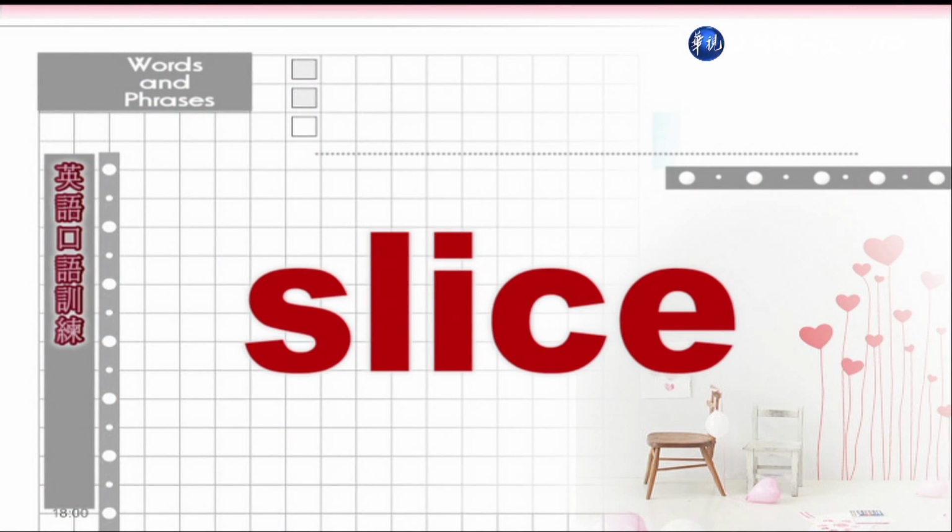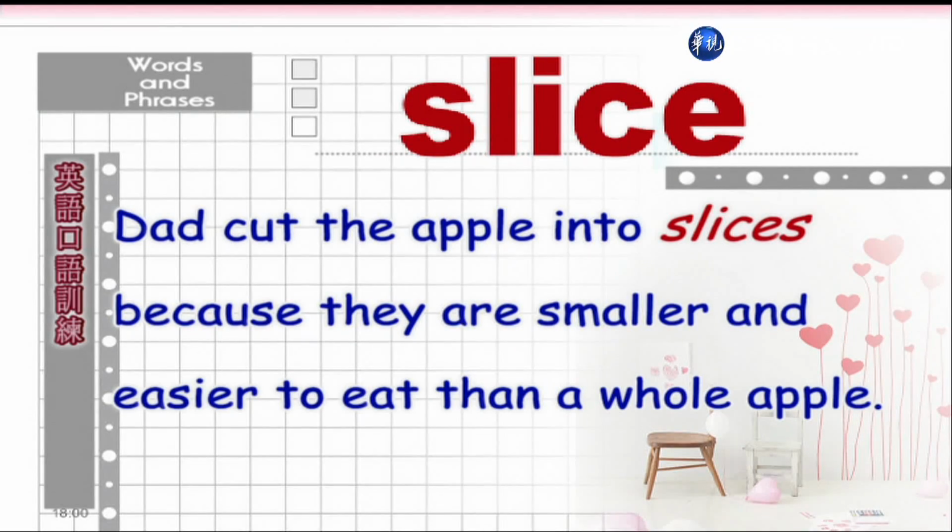Slice, slice. 片状。Dad cut the apple into slices because they are smaller and easier to eat than a whole apple. 爸爸把苹果会切成一片一片，因为这样吃比吃一整颗苹果来得容易。